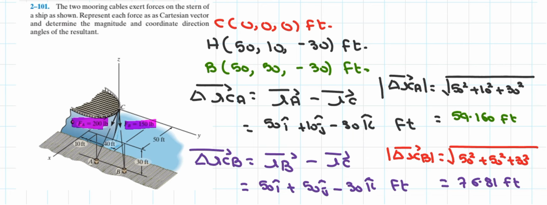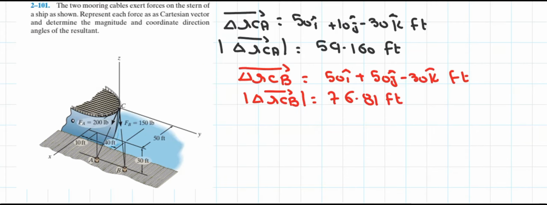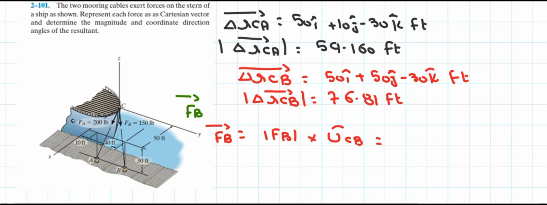And for that, we erase some extra things from here. Now, let's tackle our last step, that is to convert the magnitude form of force into the Cartesian form. So, let's talk about the FB force first. Now, the vectorial form of FB is equal to the magnitude form of FB into the unit vector of CB. And we know that the unit vector is nothing but the vector upon magnitude.